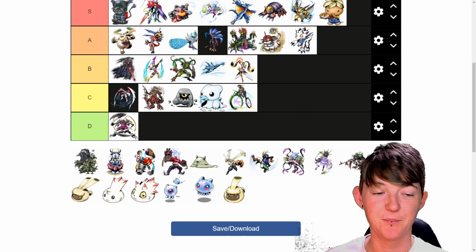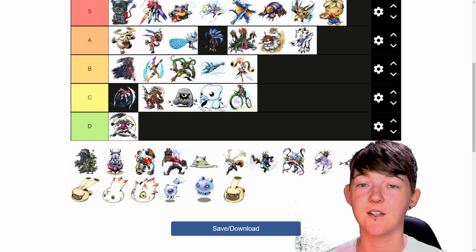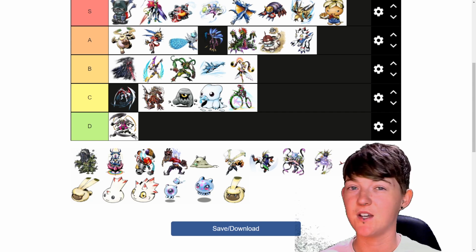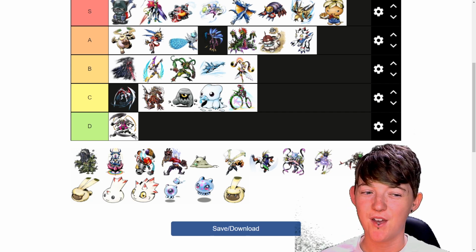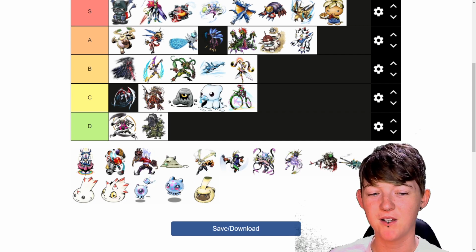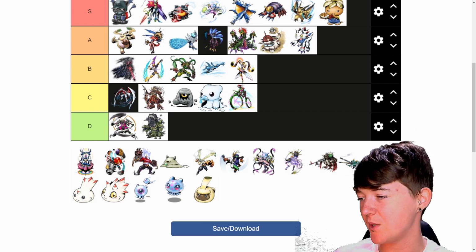He is so good. Raremon, this is a hard one because on one hand he's disgusting, but on the other hand, that's kind of the idea. He's meant to be kind of gross, and I don't like him because he's kind of gross. I'm going to put him in D tier, but I think that's because they wanted me to put him in D tier, because he is such a gross-looking friend. Next we have